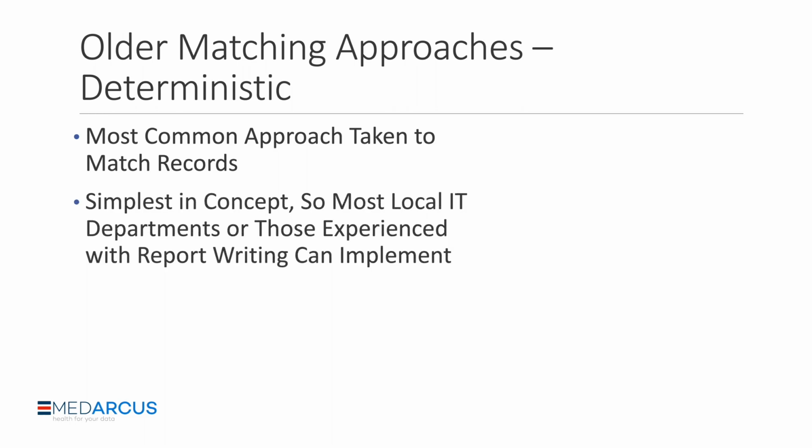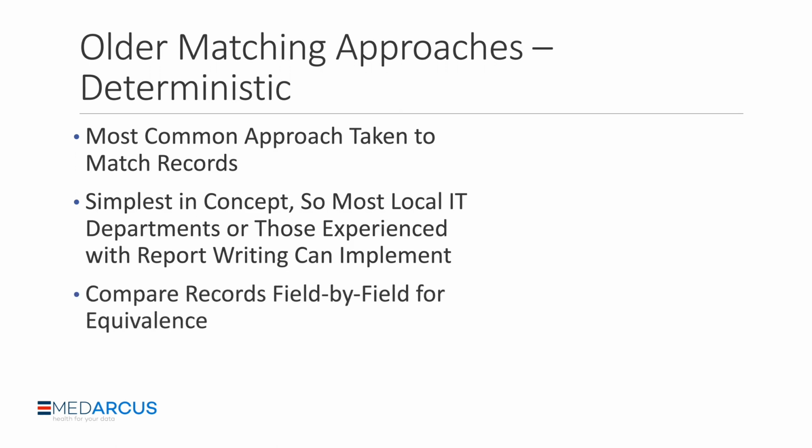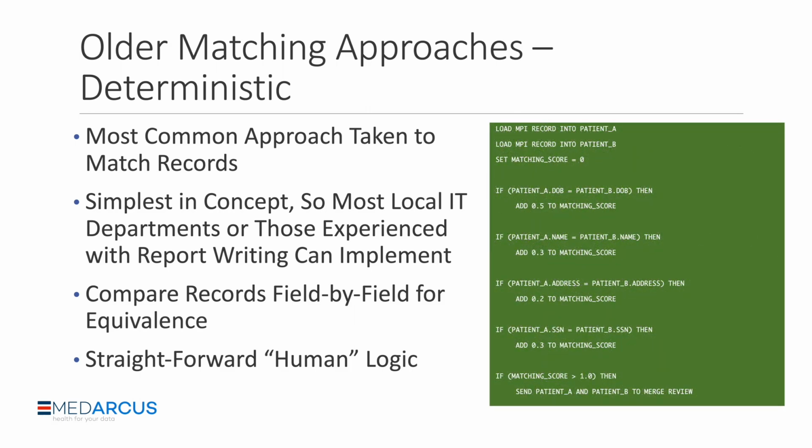So most IT departments, or even those users that are experienced with report writing tools, can implement a deterministic algorithm. And what's so great about deterministic algorithms is that they're very easy for humans to understand. It's literally just like a recipe, actually. Typical logic would be if 3 out of 5 fields are the same, then the patients match, or 2 out of 3 fields. And it's a very simplistic way, but effective, for data that's relatively clean,